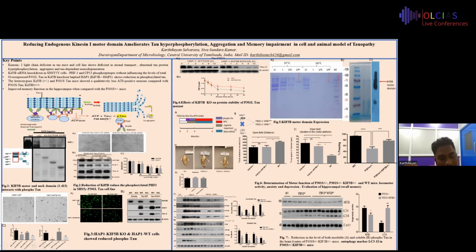On that sense, we again go with the HAP cells. We simply use the CRISPR mechanism to knock out the entire KIB, then we overexpress the tau and the mutant form of tau also. What would happen? Wherever we knock out the KIB, the tau activity also got lost. But usually these kinesins do the transport mechanism, as cargo carriers,